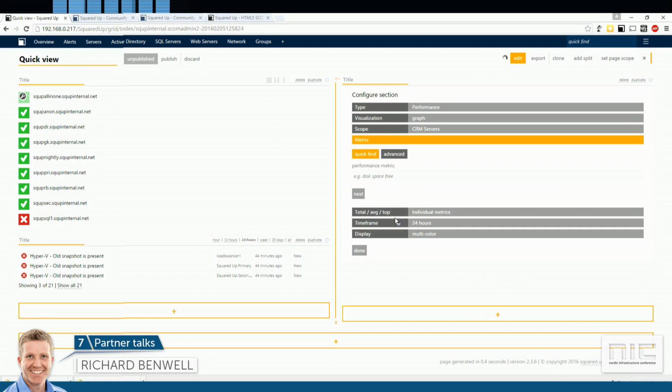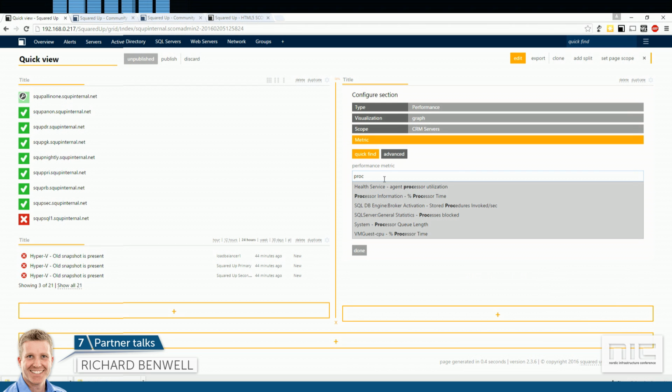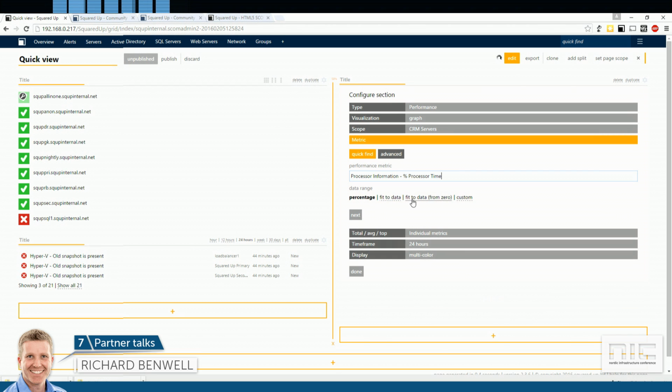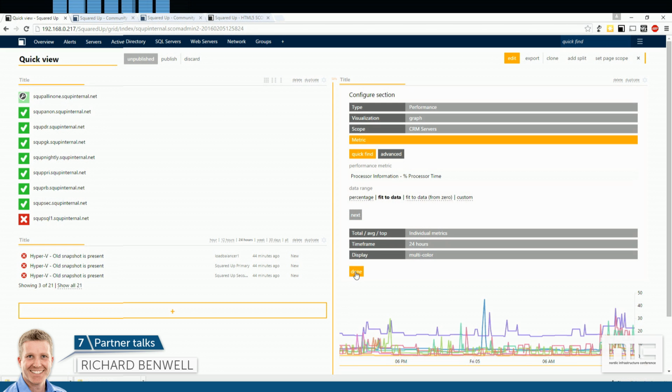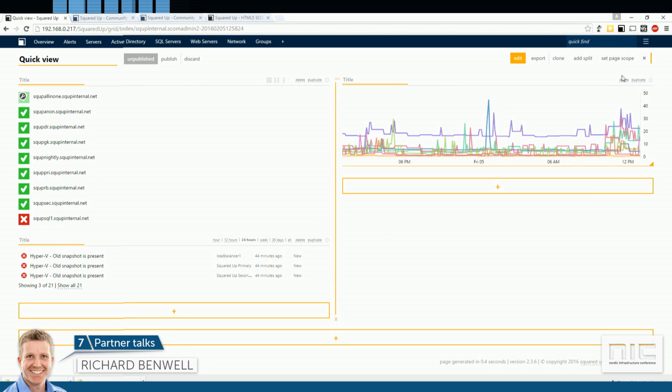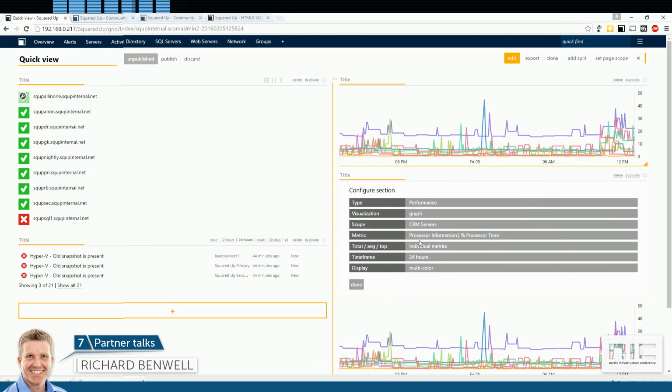So all of that data in the data warehouse is now available to me in my dashboard designer. So every metric is available, and you can see there are hundreds of metrics available across all of your servers. If I just want to show, for example, processor information on all of those servers, it's very easy to do. If I want to also monitor disk space, often a cause of applications going down, I'm just going to